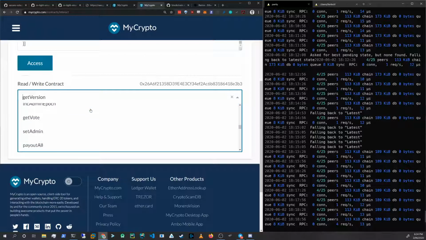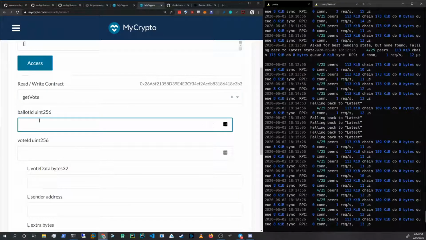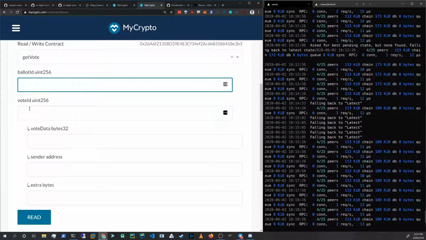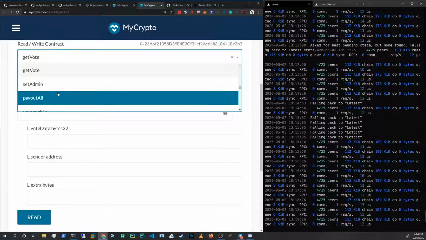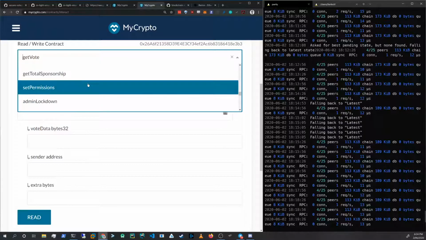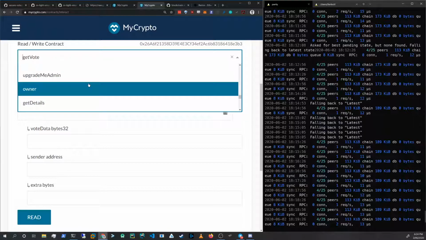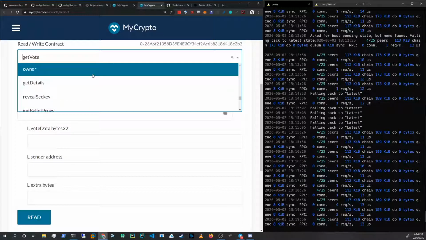Anyway. Interesting idea. So if we click on, say, for example, get vote, then you'll see that all of the various things come up. The inputs, which are ballot ID and vote ID. Vote ID is just a 0 onwards thing, but the ballot ID, as we've seen, is a somewhat complex thing. Yeah, because that's related to the, what do you call it? The spec hash. Yes. It was a cheap way to avoid collisions, essentially. There was another reason that we didn't just do integers, but I can't remember. In any case,